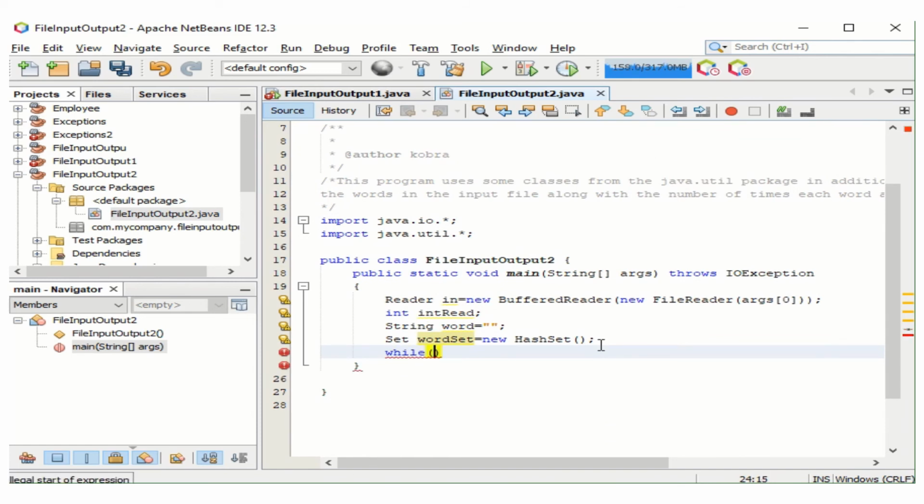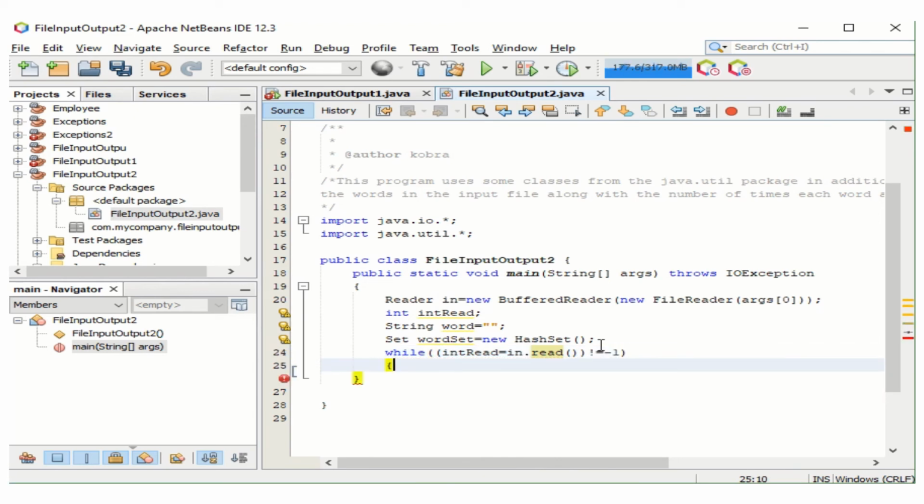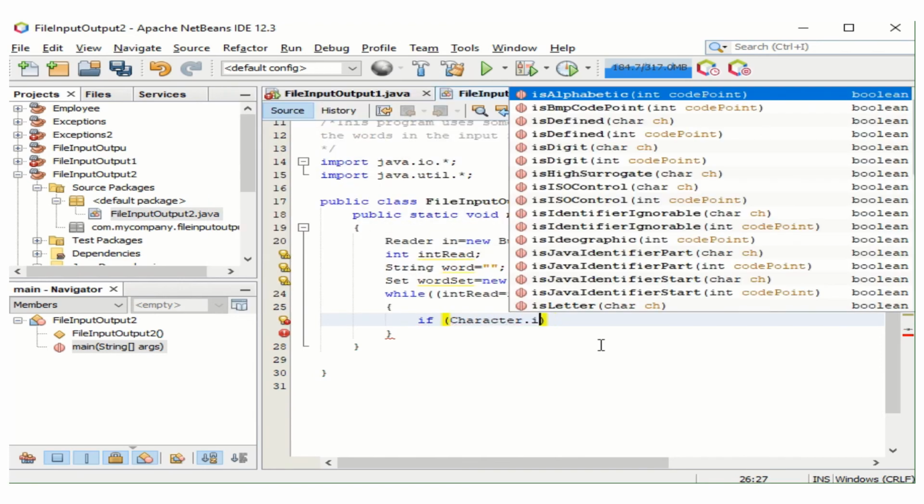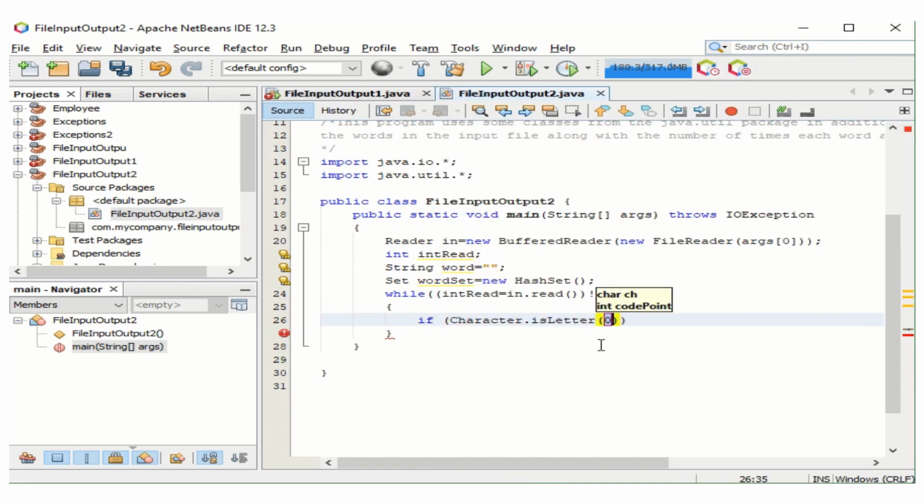As long as int read is in.read, if the character is a letter, so Character.isLetter(char int read),